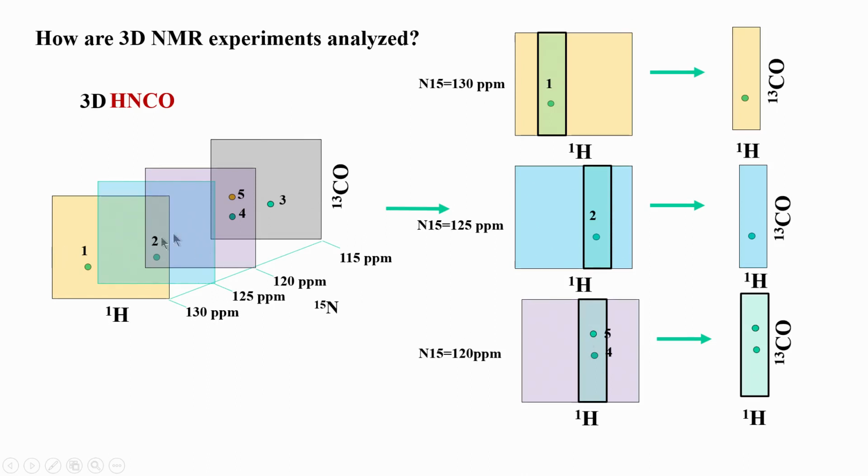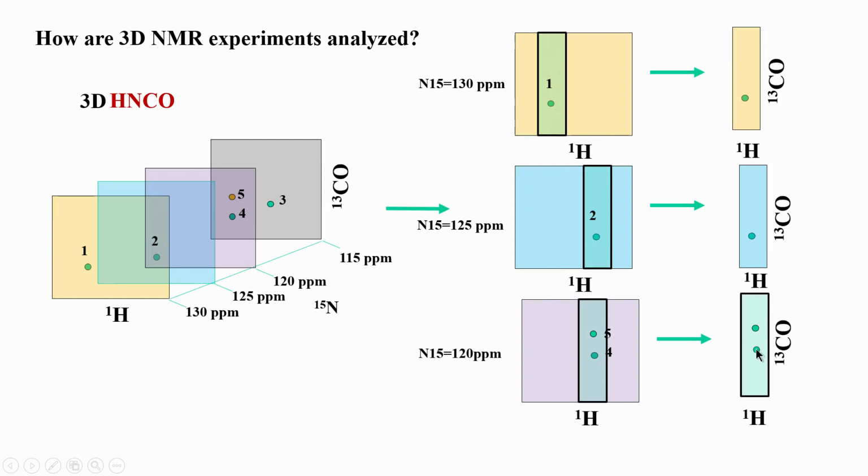So, if I had counted the number of peaks in a 2D spectrum, I would have found only 4 peaks. But now, because I am able to separate them in 3D, this is still a 3D experiment, although I am looking in a 2D manner. We have not made it 2D, we are only looking at the slices and strips. So, we are still in 3D mode, and in 3D I am able to separate them into 2 peaks.